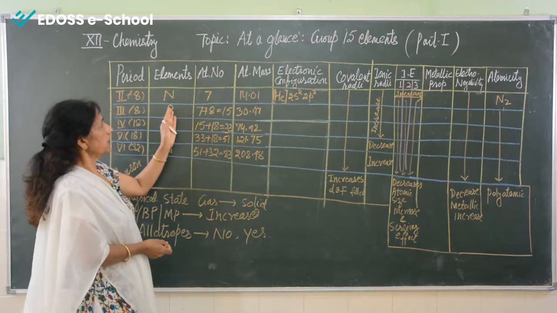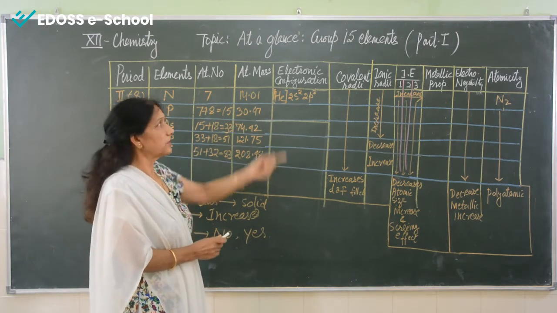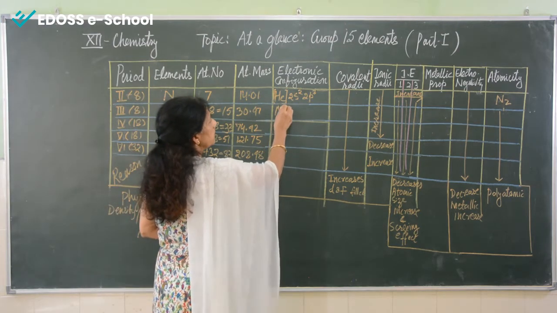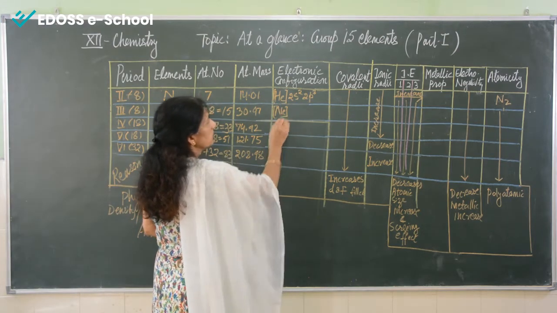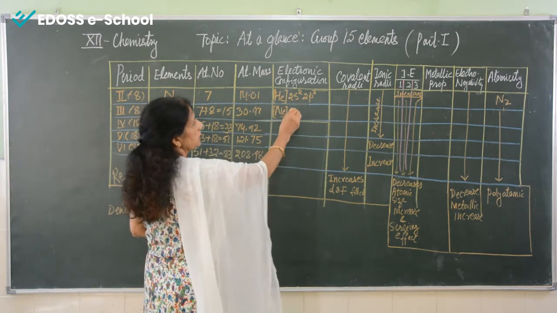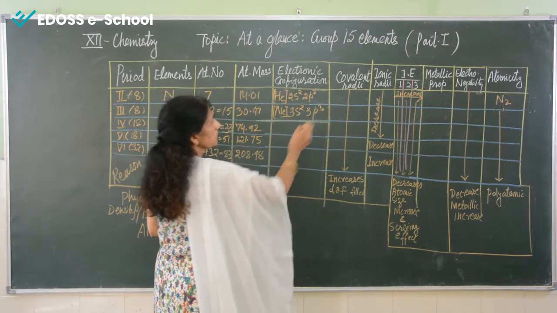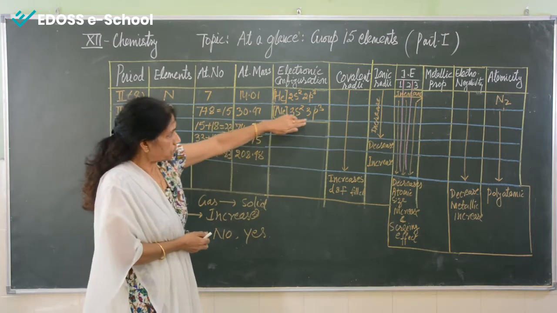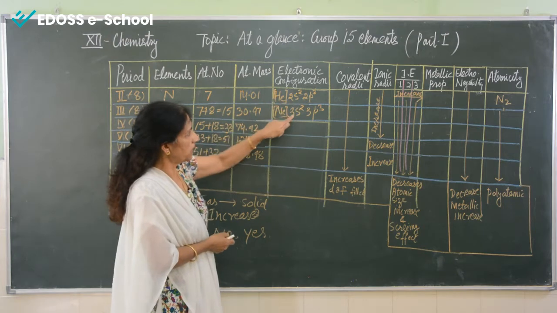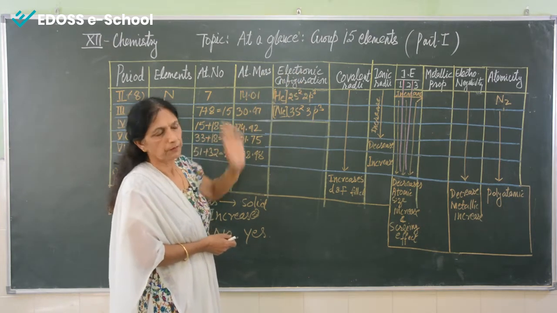Now if I want to write the electronic configuration of phosphorus, what will we do? After helium, among the noble gases, comes neon. So I will write neon here, and because this is the third period, instead of 2s it will now be 3s2, 3p3. If I want to write the complete electronic configuration, I will write 1s2, 2s2, 2p6 and then 3s2, 3p3. This is the neon form.